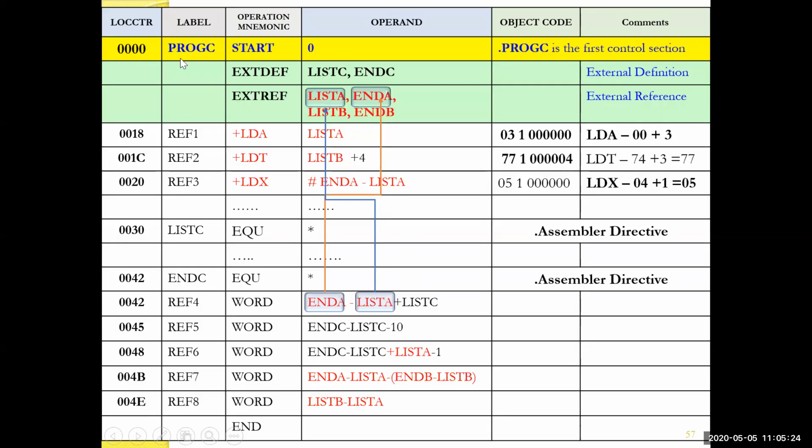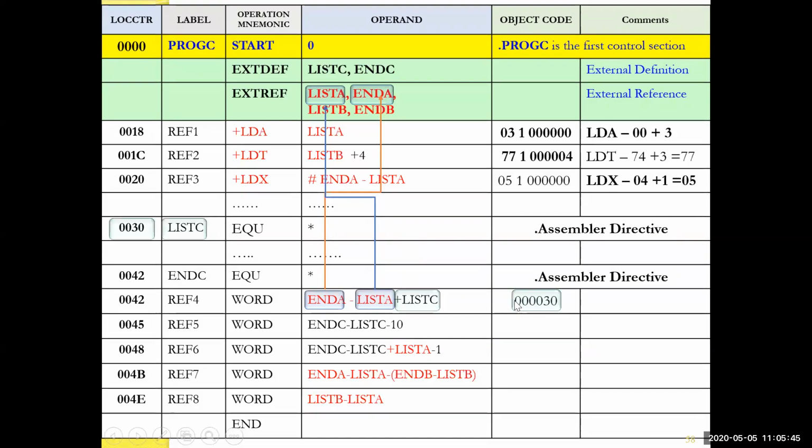However, if the program is loaded at a different location, the value for list C will be some other value, in which case a modification record has to be placed in the object program to indicate the actual program starting address for program C to be added at the indicated location. So the initial object code generated will be the value for list C, which is 30,